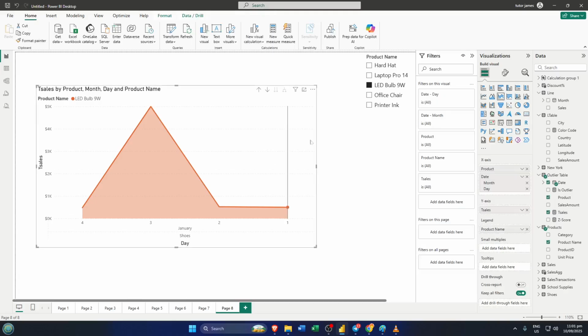Now here's where things get interesting. If you look at the top right corner of your chart in Power BI, you'll see a little set of 3 dots. This is sometimes called the More Options menu. Give it a click. When you do that, you'll see several sorting options pop up, specifically Sort Axis and Sort Legend. Try these out. For example, you can sort your months in ascending or descending order based on your sales